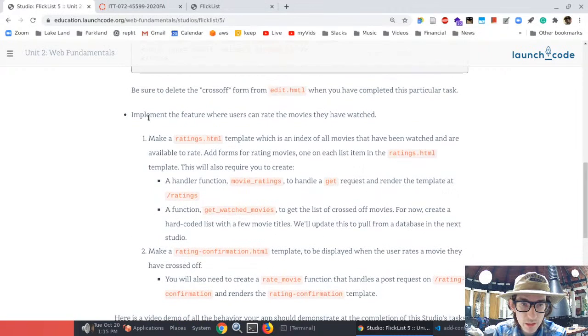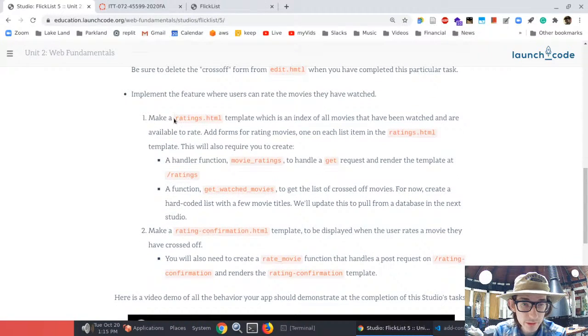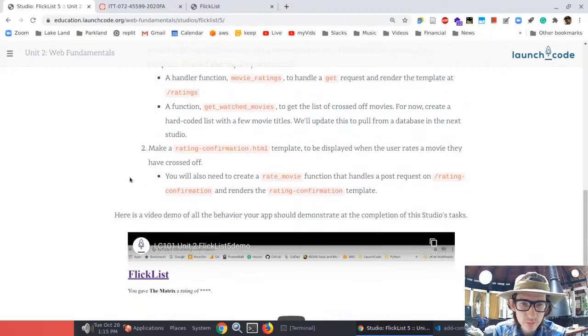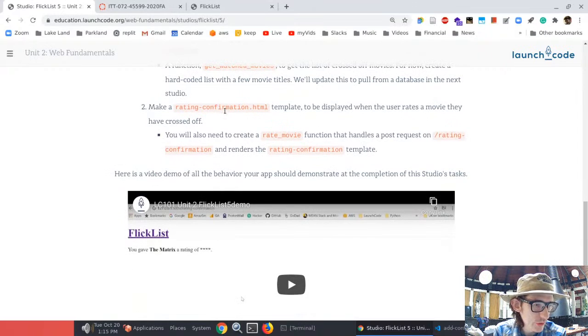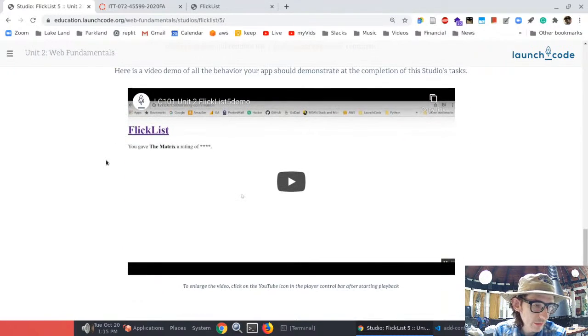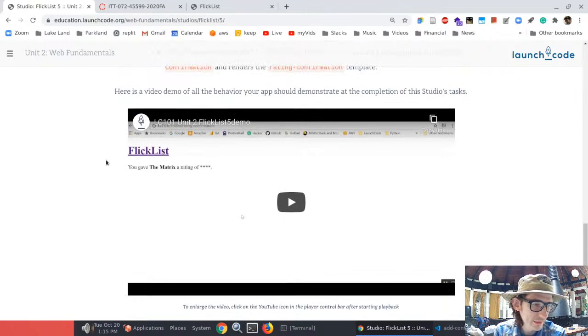Okay, this is going to be a separate HTML file, so a separate template, and it's going to include movies that are crossed off, and then it'll have a form that will allow you to add a rating. All right, and then they'll add a page that will tell you the name of the movie and what you rated it as. Okay. They've got a video here of, if that does, reading this in text, they're kind of vague on some of these. If it doesn't make sense what you're supposed to do, you can check out this demo of the